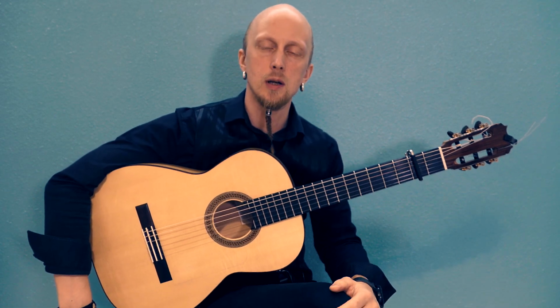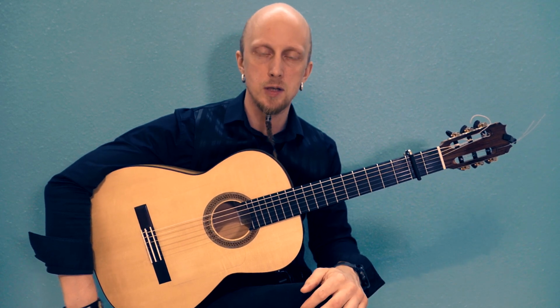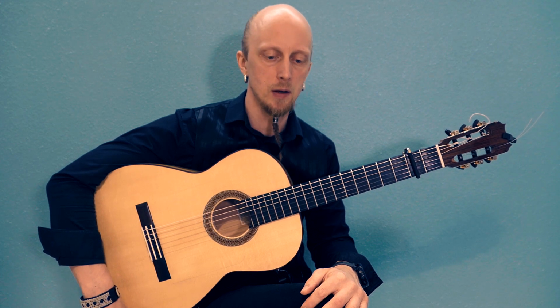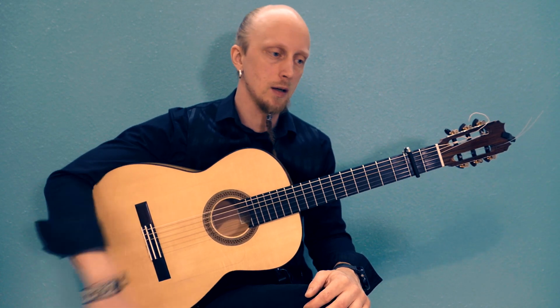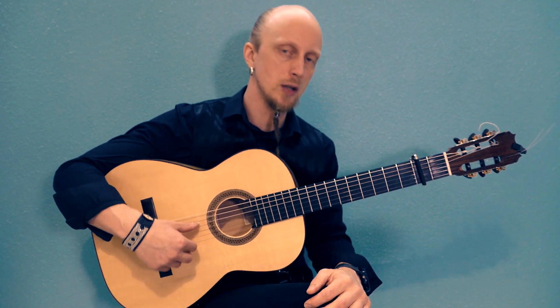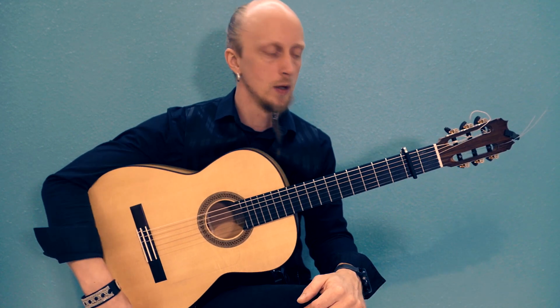This is quite a traditional Tangos falseta. It's arranged by me, but anyway, this is a basic traditional melody. It varies a bit, so it's really important to know this stuff. This is not easy actually, but I have tried to write it down, and I tried to play it